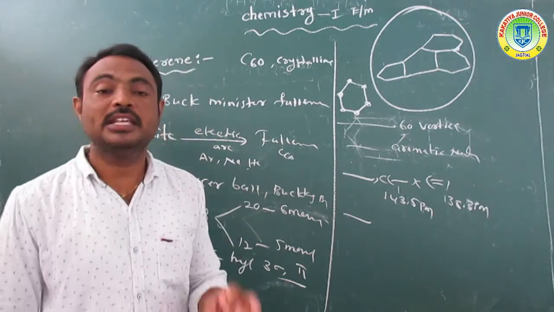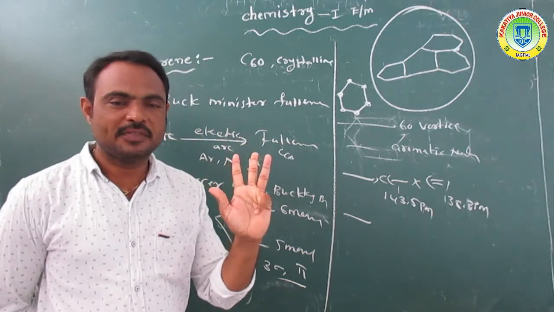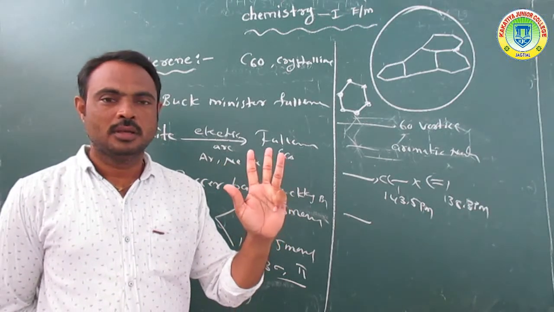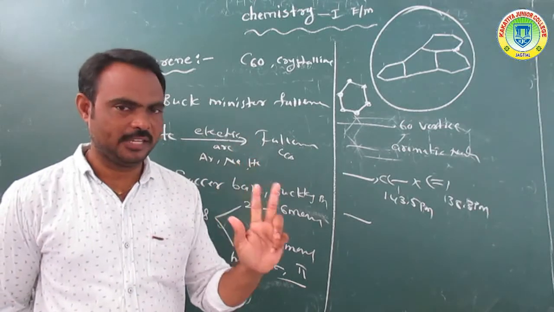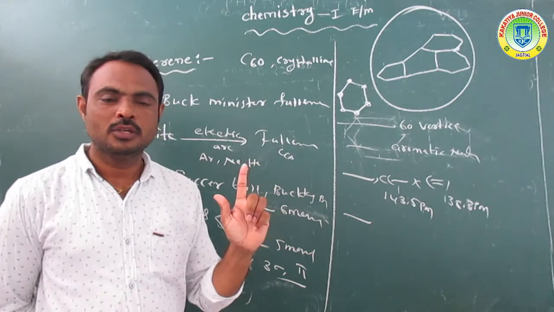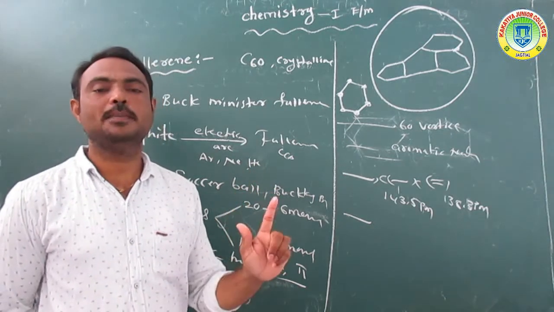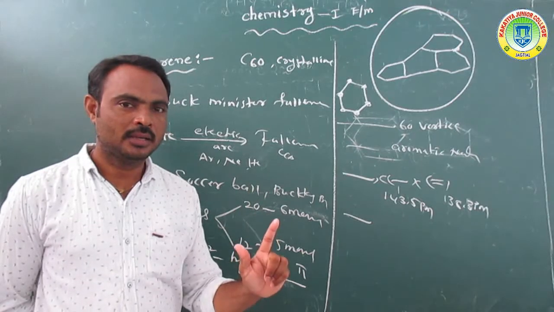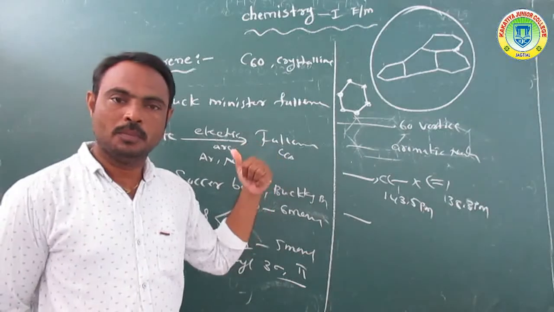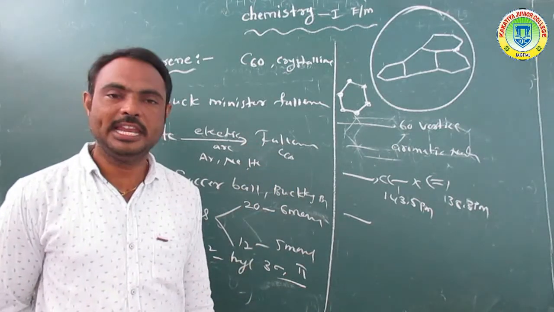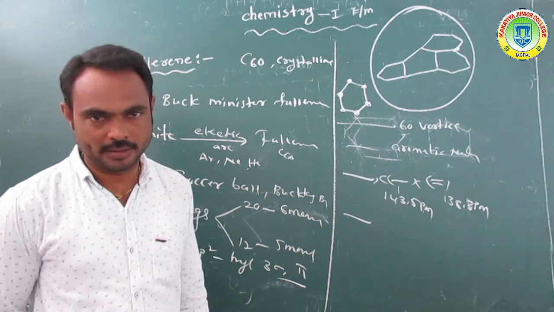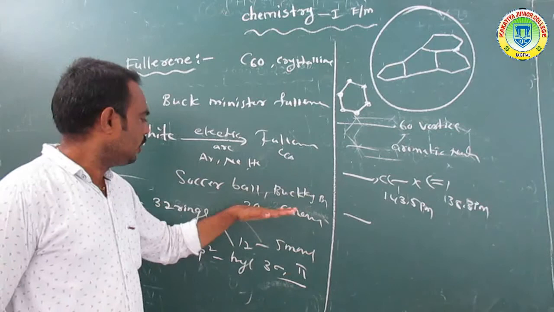Listen, what is fullerene? Fullerene is one of the best examples of crystalline allotropy of carbon. Its formula is C60. Completely, we call it Buckminsterfullerene. So how is it prepared? Suppose, for example, we have taken graphite. When an electric arc passes through the graphite in the presence of inert gases like helium, neon, argon, it forms fullerene.